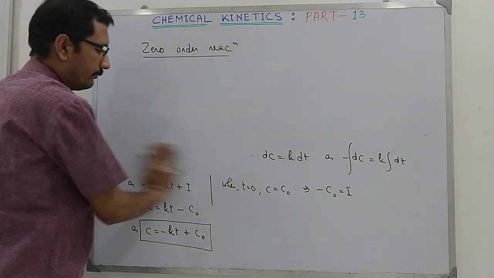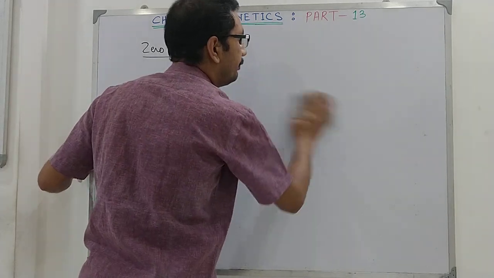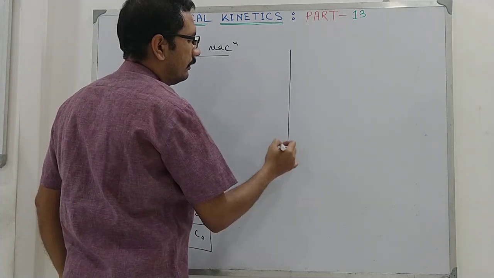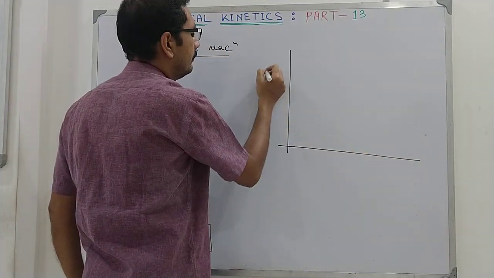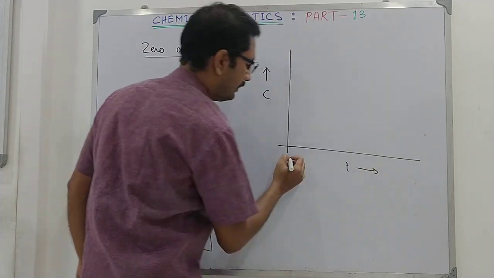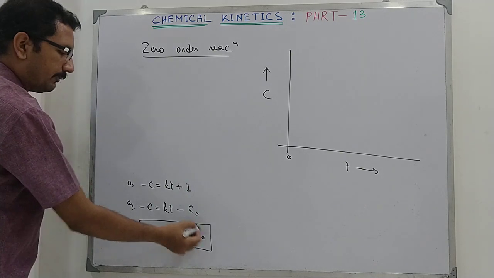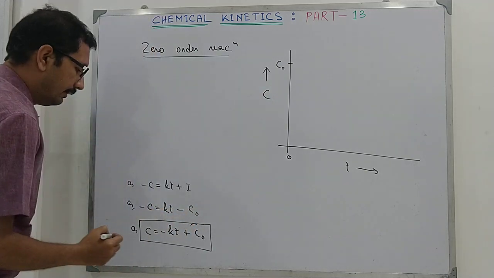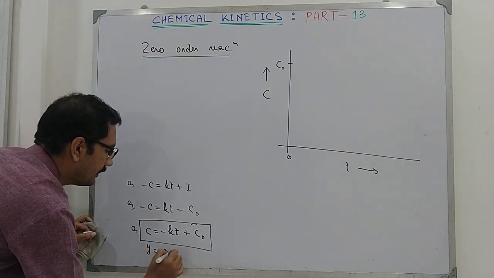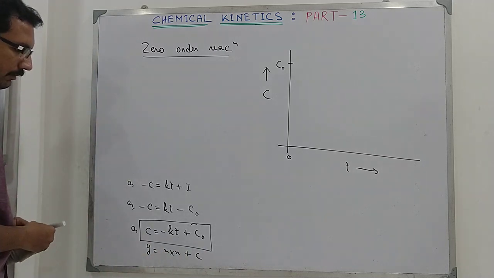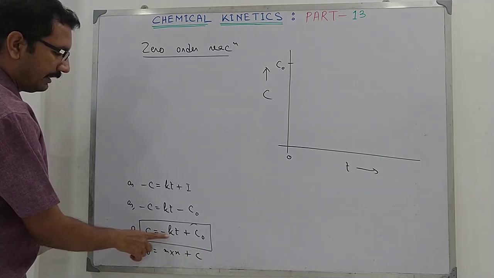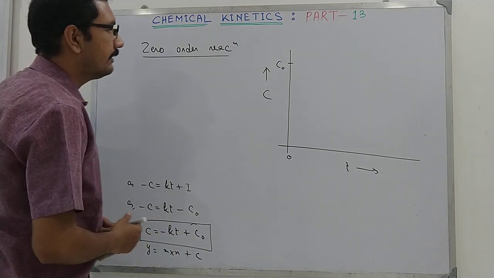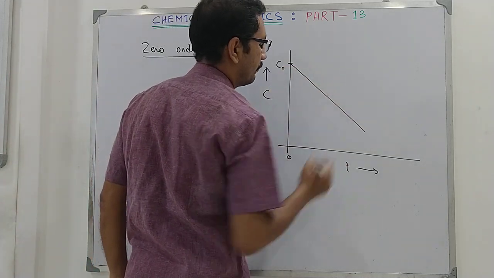Now we would like to have a plot to realize the variation of concentration of reactant over time. Now this is time 0, obviously it will start from this initial concentration C0. So it will start from here. Now notice that it is an equation of a straight line. Now this k is positive but minus k here, so we will get a straight line with a negative slope and intercept is C0. So it will look like this one.